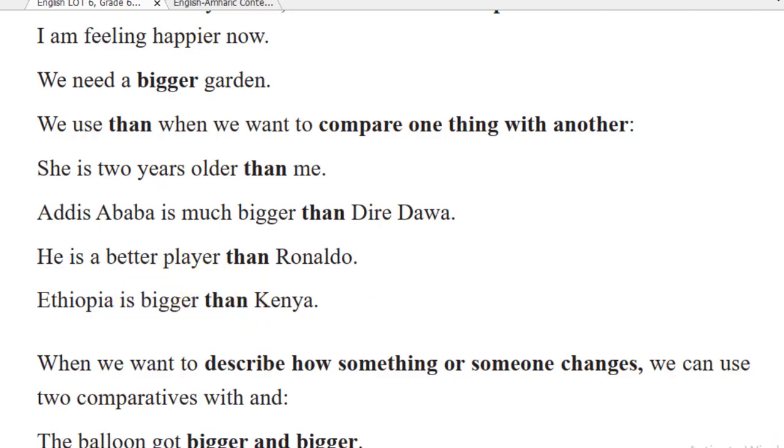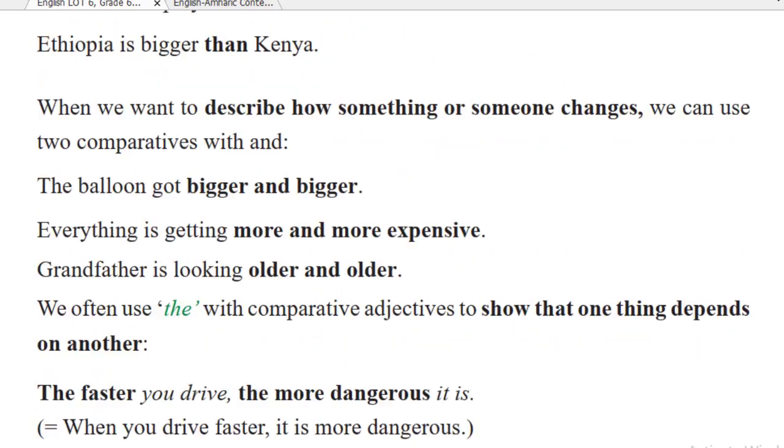እዚህ better የሚል ቃል አለ better than። Ethiopia is bigger than Kenya, bigger ብለን than። ስለዚህ than ካለ before than there should be comparative adjective መኖሩን እርግጠኛ ሆኑ ማለት ነው። When we want to describe how something or someone changes እንግዲህ አንድ ሰው ወይም አንድ ነገር እየተለወጠ ያለ መሆኑን ለማሳየት we can use two comparatives with and ተጠቅመን comparative adjective ሁለት ኮምፓራቲቮች እንጠቀም ማለት ነው። Something is increasing እየጨመረ ነው ማለት ነው, it is changing from time to time የሆነ ከጊዜ ወደ ጊዜ እየተቀየረ እየተለወጠ ያለ መሆኑን ለማሳየት ነው።